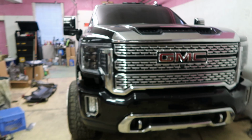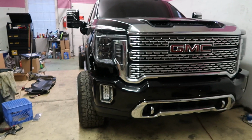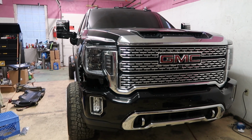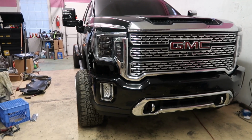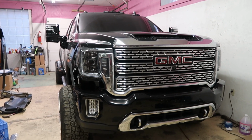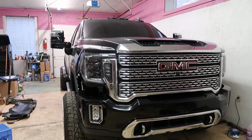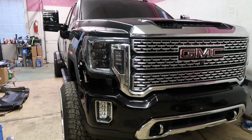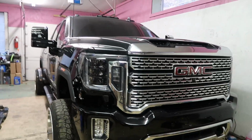At that point, I honestly would rather just spend 10 and go with a RevMax. But like I said, I was going to go with a RevMax originally, but I heard they have nothing but problems with the converters and with the transmissions in general. So I'm kind of holding off on that because I don't want to pull my transmission out 10, 15 times to make power. So right now I'm kind of just at a standstill